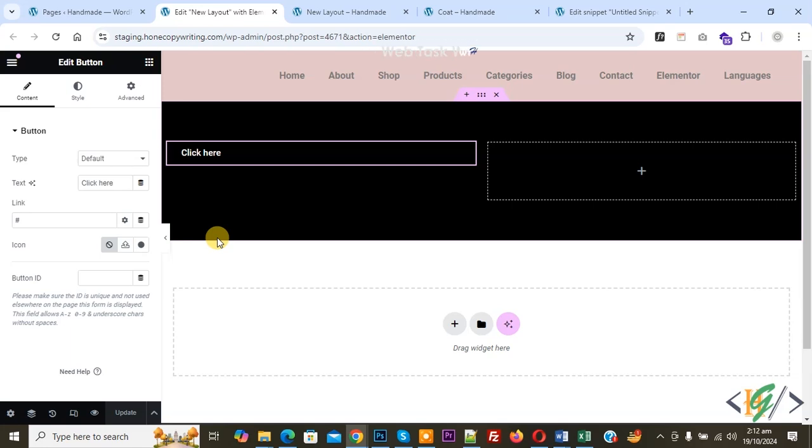Bismillahirrahmanirrahim. Assalamu alaikum. My name is Hassan and today we are going to add neon light glow effect on button